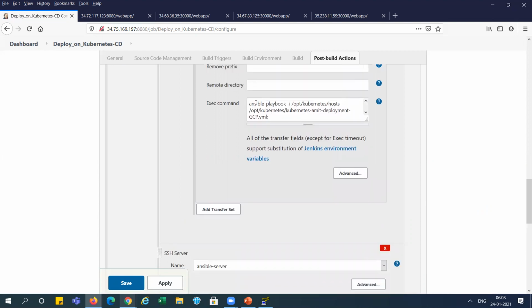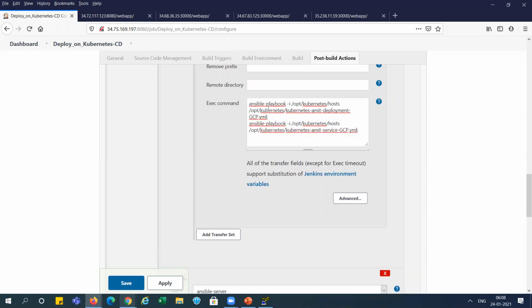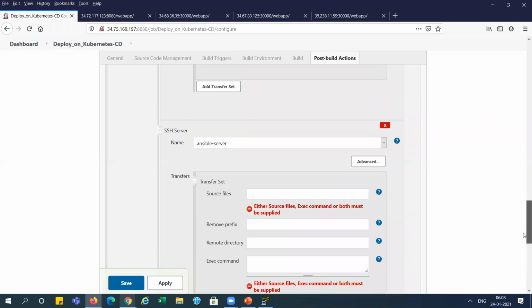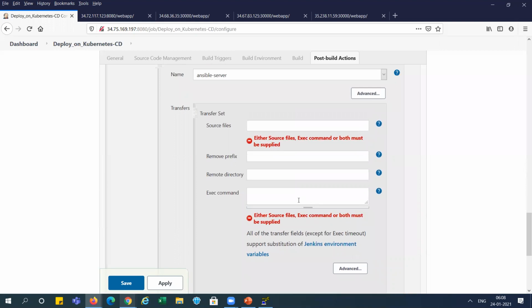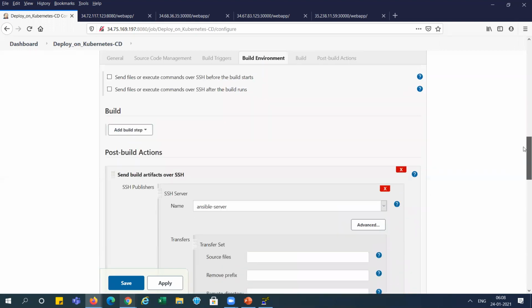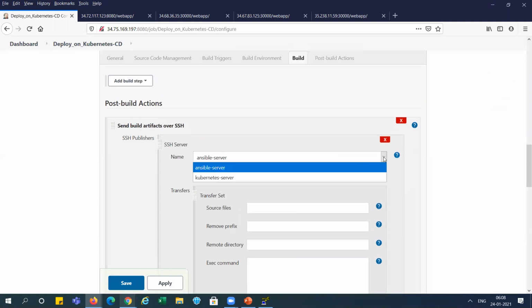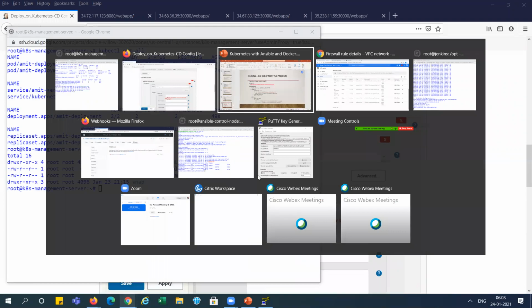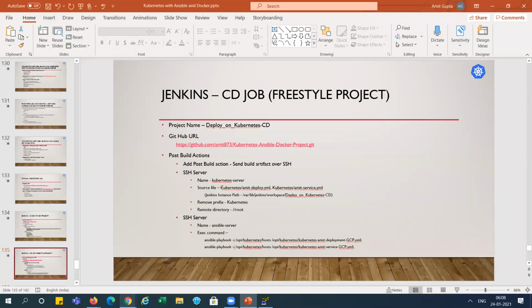I'm just copying this one first. Let me do it. Because this is the second step, right? So we will write on the lower side. You see, okay. Now this is an Ansible server. Now the first option we need to do is on the Kubernetes server here. So what we will do here, we will copy these two files directly from the GitHub,